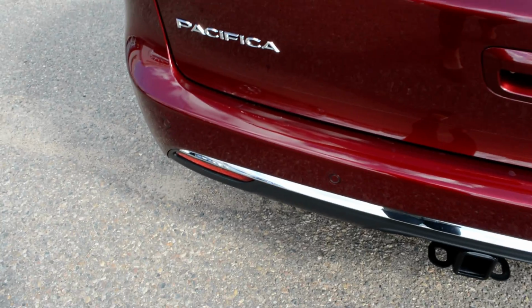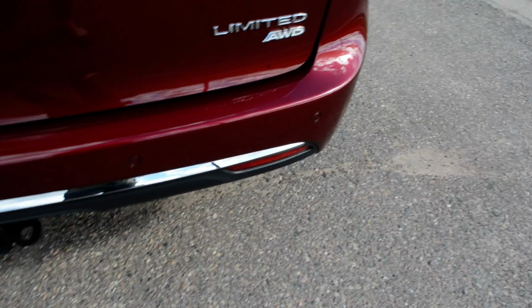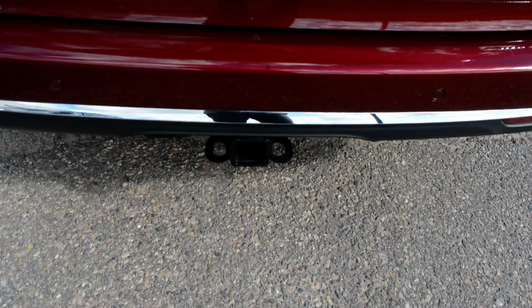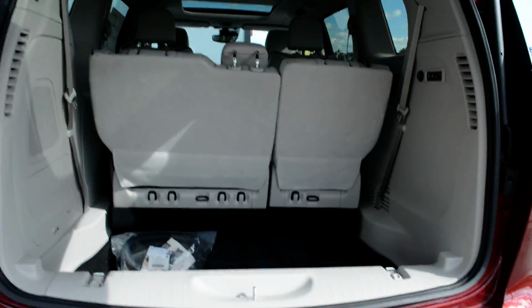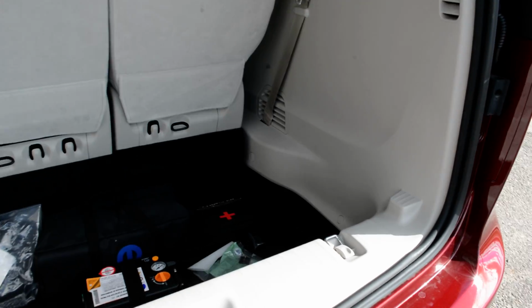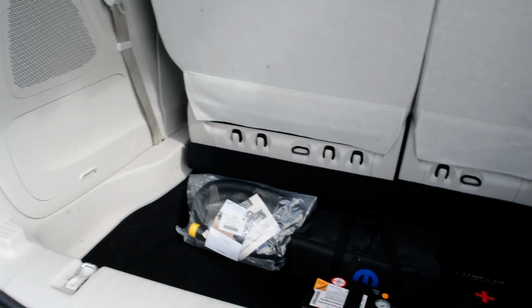As we come around towards the back, you can see you do have your rear park sense, so you can see those sensors there across that back bumper. Your hitch back there, your backup camera as well. Of course you do have your power lift gate. Just to check out some of the cargo room back here. So tons of space in these things to store your gear bags, kind of secured out of the way